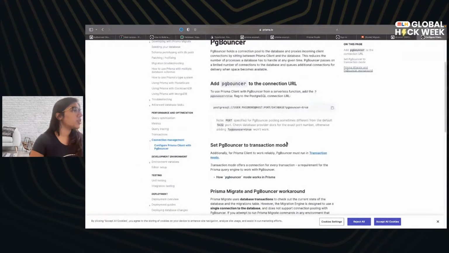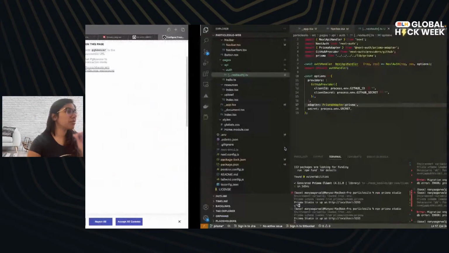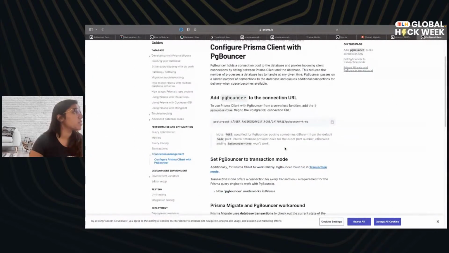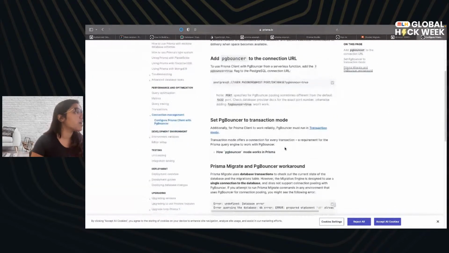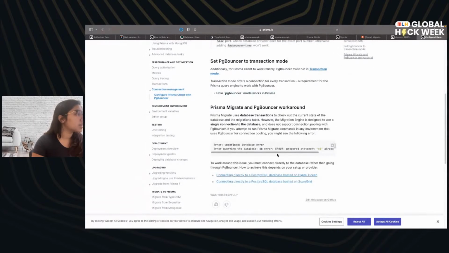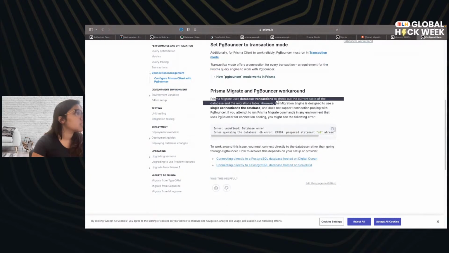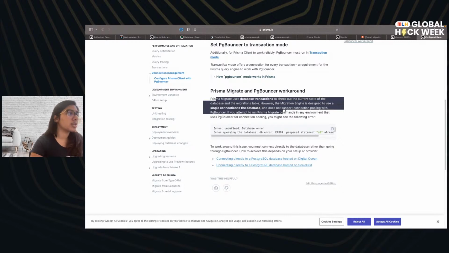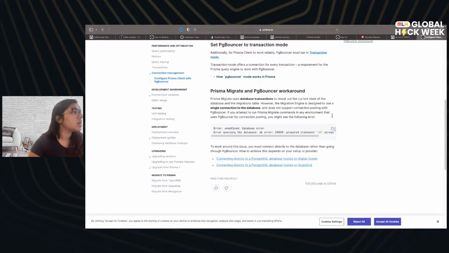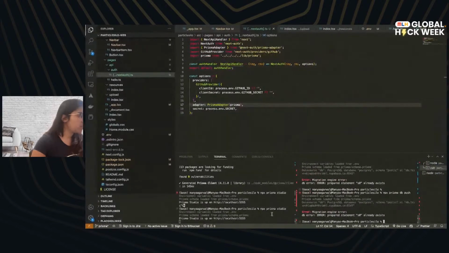I am still unsure about the source of the problem, whether it has to do something with the proxy or not. Okay. Oh yeah, it's pretty simple. This is exactly what we are facing. Prisma Migrate is designed to use a single connection to the database and does not support connection pooling with PG Bouncer. Oh, all right, maybe what I'm doing incorrectly is